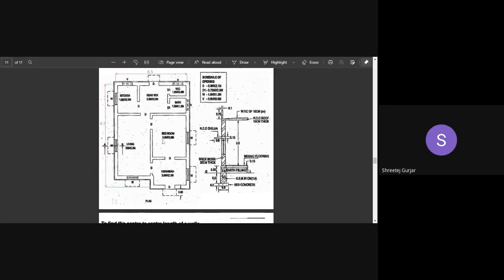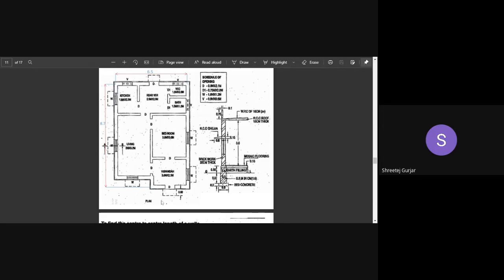It has a bedroom and a living room. It has this veranda over here, and this is your entrance from the veranda, through which you enter into your living room, and then into your bedroom. Then you have your rear veranda over here. You have a kitchen at the northwest. Then in the northeast you have your water closet and a bath. So this is just an overview of your plan.